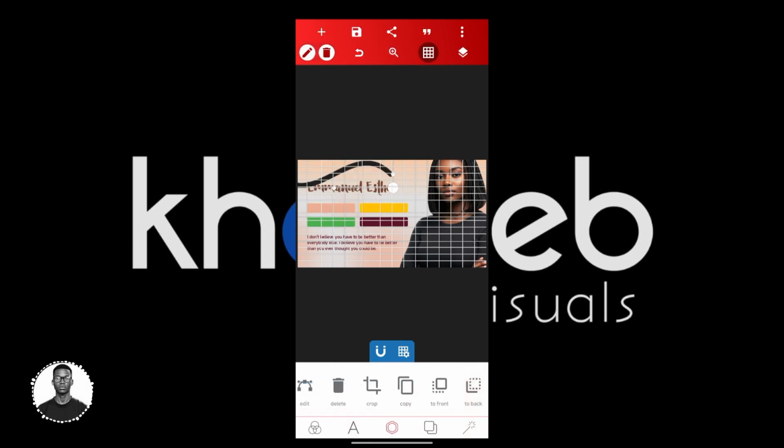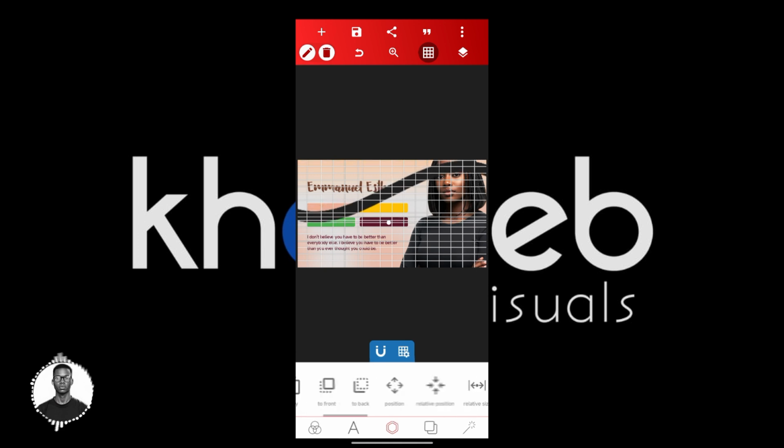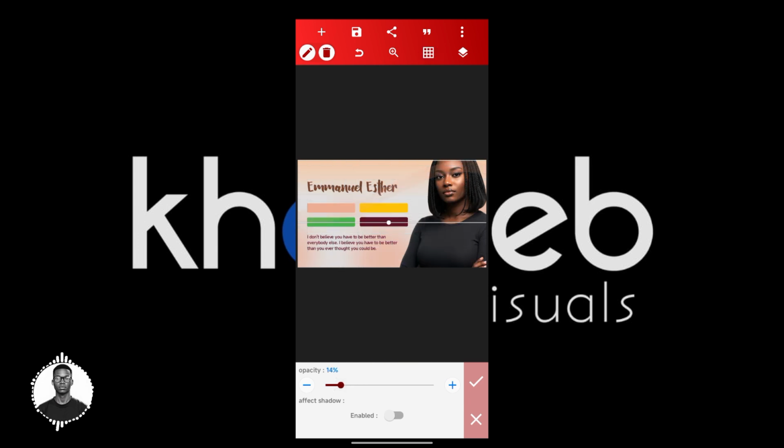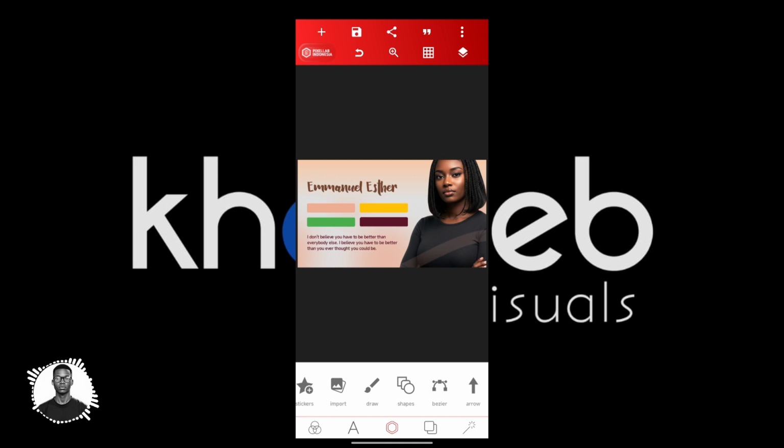Then I will also increase the size from here. Not just increase the size, I'll go ahead and change the color. I'll activate and change the color to something like this. Then come back again, I'll go to my opacity and reduce it, so that I'll have something like this. So this is the effect I want to create at this point with this particular